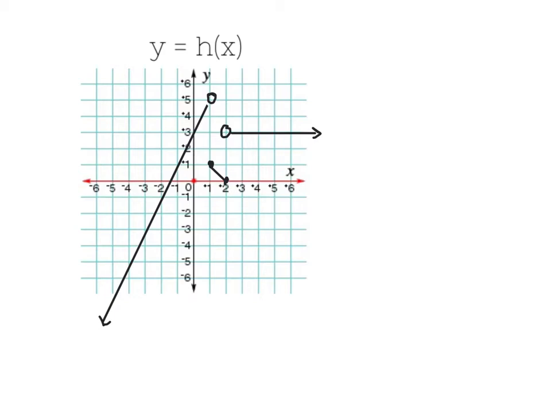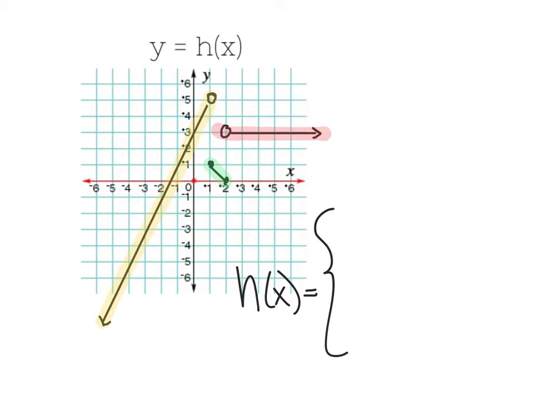What if you have a graph and I want you to come up with the function? The few things that you should notice about this function is that, first of all, we have 3 pieces. There's this line that goes down and to the left. There's this short segment in the middle. And then lastly, there's this horizontal line that goes off to the right. That means that when we're defining our function, which we'll call h of x, we need to leave room for